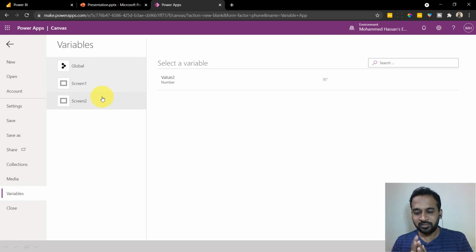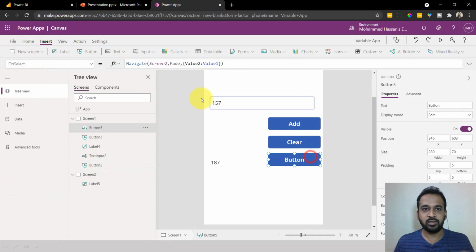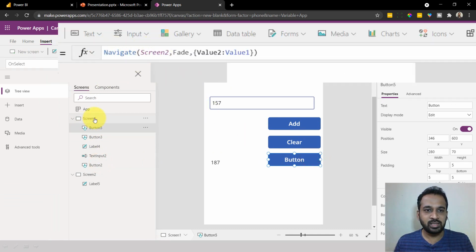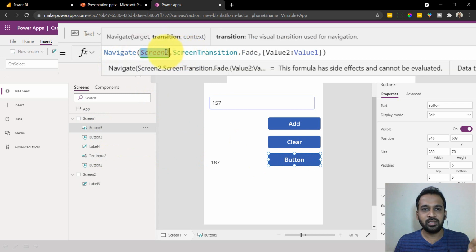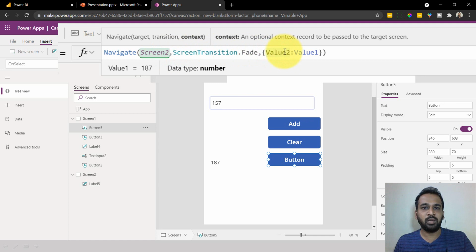It is confusing, right? So let me rephrase this. Even though we define the value, if you look at this one for a button here, even though I define this on screen 1 button, the way I have written it is for screen 2, and this value is going to be applicable for screen 2 itself. So that is why it is working here.